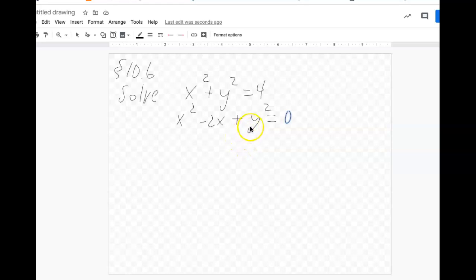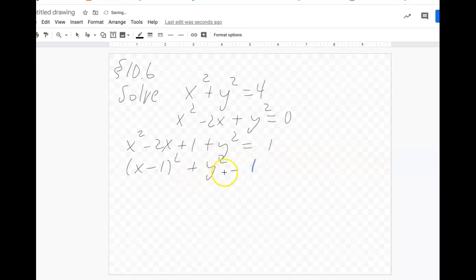Alright, let's look at another example. In this first equation, it's a circle of radius 2, and if I go ahead and complete the square on x, I can see what I have here. It looks like we're going to have x squared minus 2x, take this middle, the negative 2, divide it by 2, and square it, so plus 1, and then plus our y squared, and then have a 1 on the other side to keep the equation balanced, and then this would factor to x minus 1 squared plus y squared